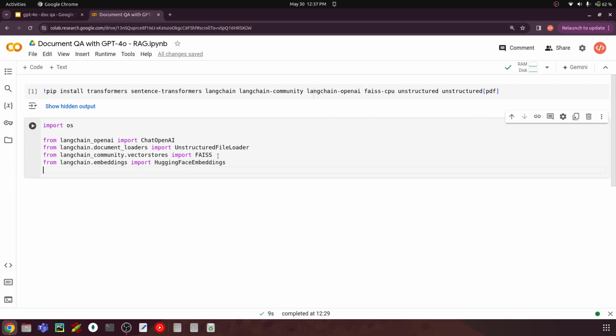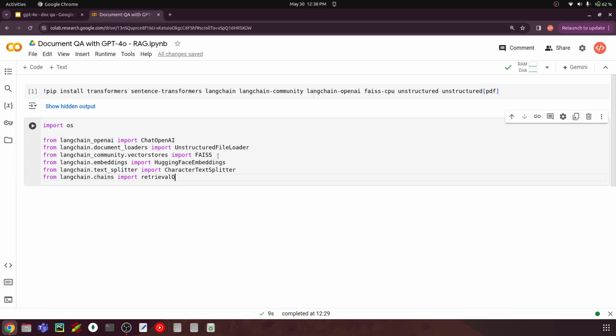And then from langchain.text_splitter, import CharacterTextSplitter. And finally, we need from langchain.chains, import